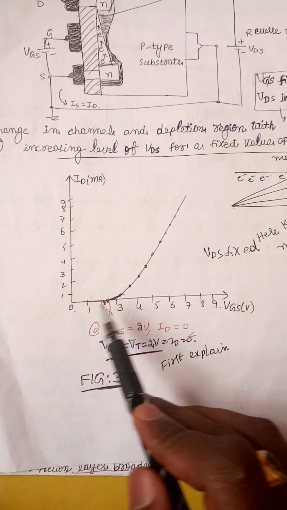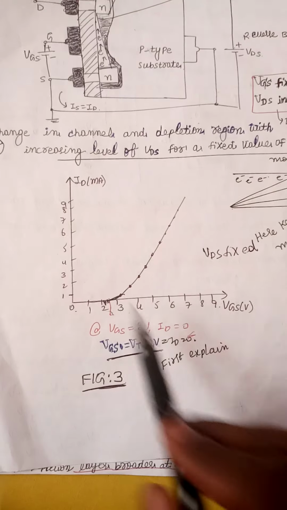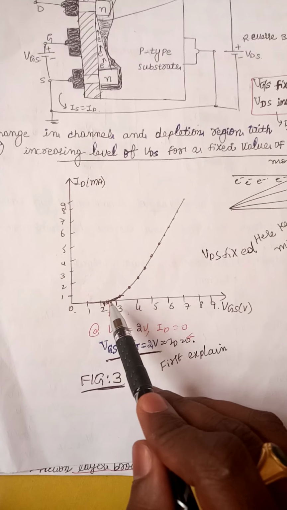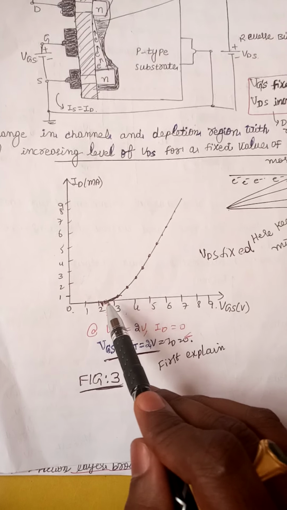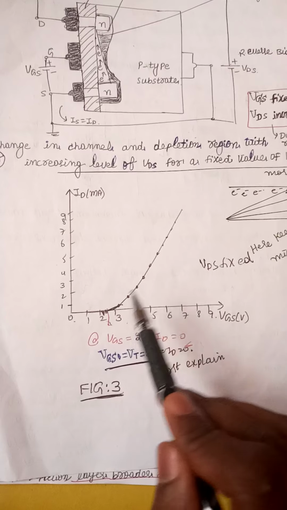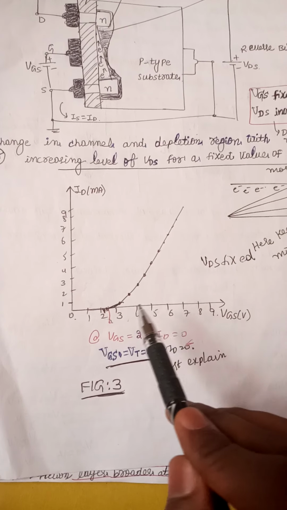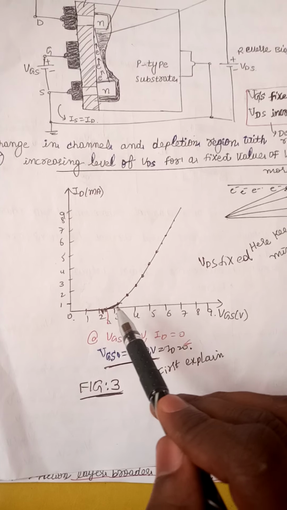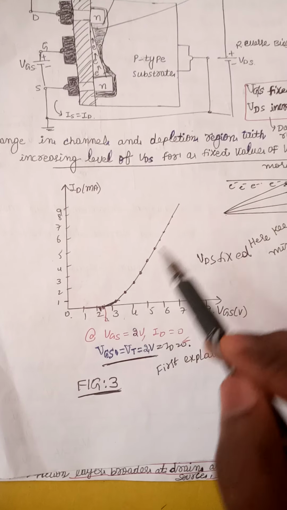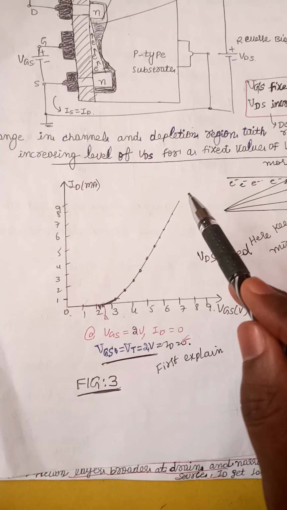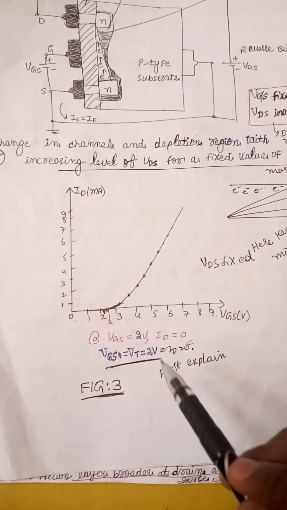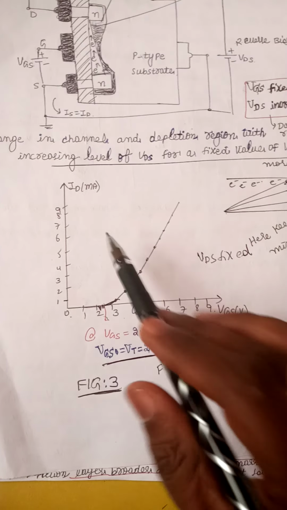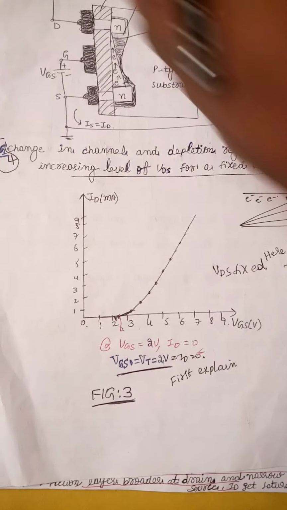This is your transfer characteristics, VGS and VT. For initial values of VGS from 0 to 2 volts, there will be no movement of electrons from source to drain because all the electrons will start to accumulate in the channel. Once VGS is greater than VT, there is movement of electrons from source to drain. Therefore, there will be a drain current. As you know, this is the transfer characteristics: the X-axis is VGS and the Y-axis is ID.